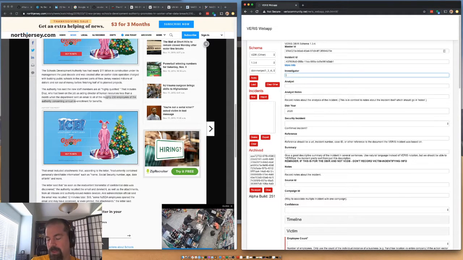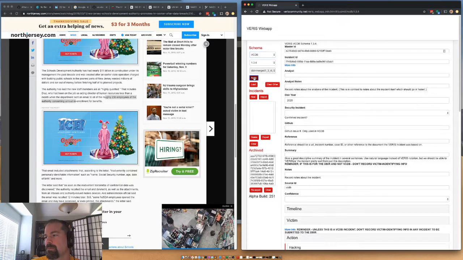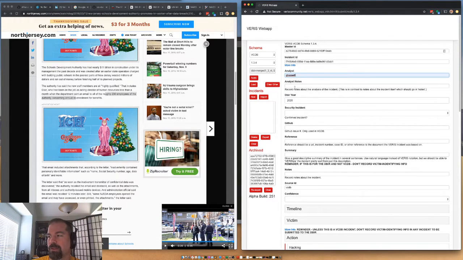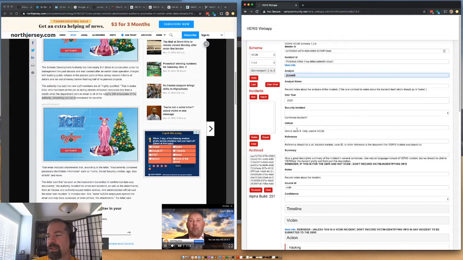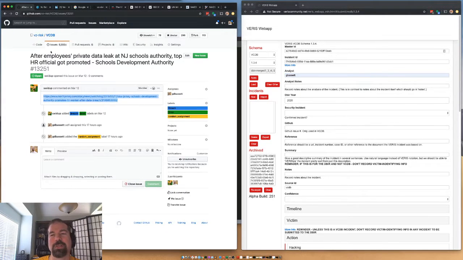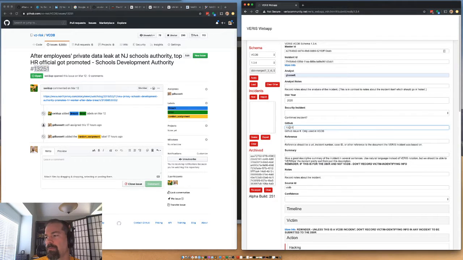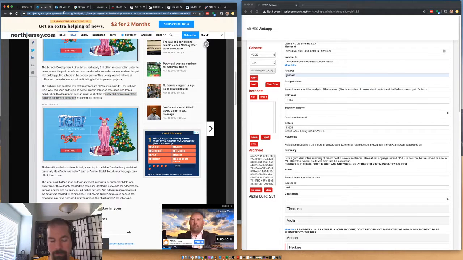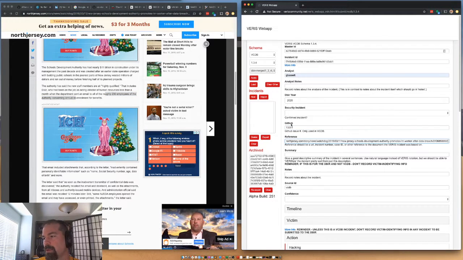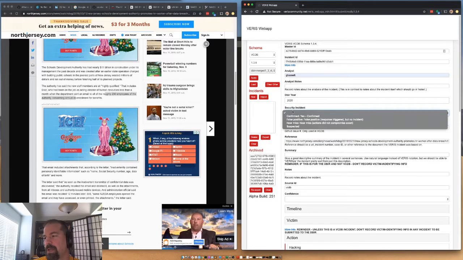We were coding VCIR, and so we actually need to switch it back to VCDB. There we go. VCIR is basically the same schema, but it reorders things like GitHub and such. It just changes which fields are visible to make the important fields the ones that pop out. Okay, so we'll do what we can here. This is probably not the most profound security incident in the world.